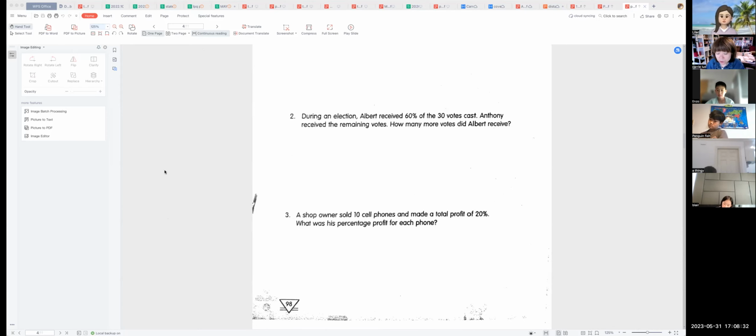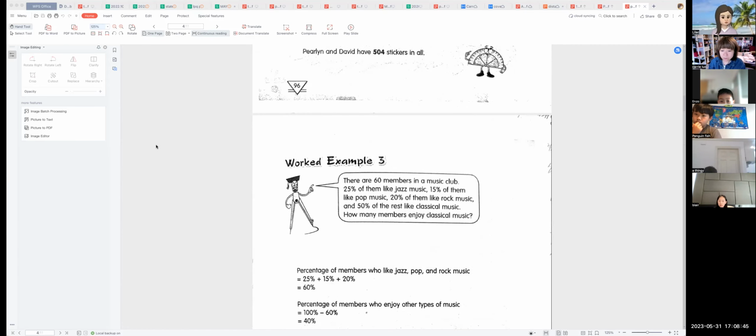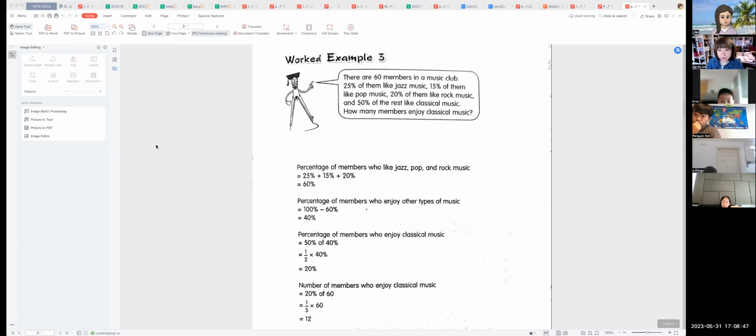A shop owner sold 10 cell phones and made a total profit of 20%. What is his percentage profit for each phone? Okay, before we do that, we're going to go back to the demo. Okay, everybody, let's take a look at this one, okay? So there are